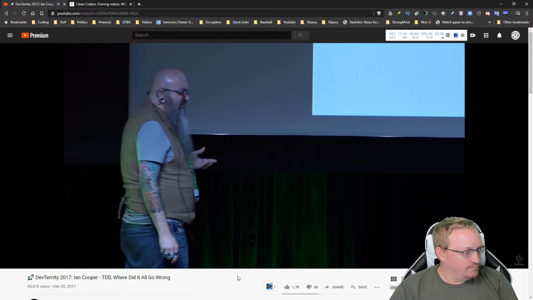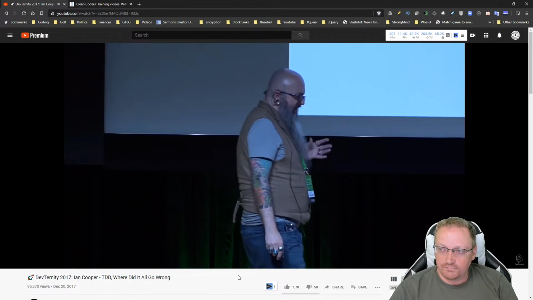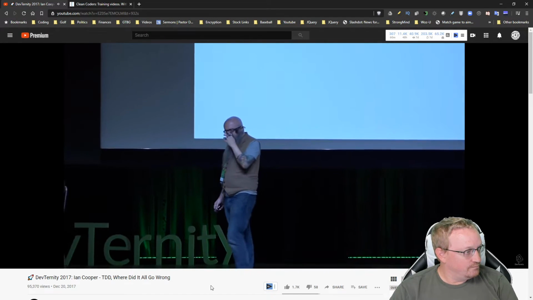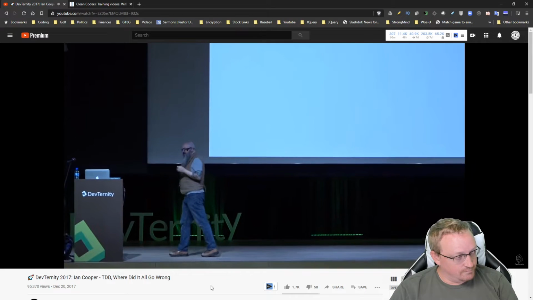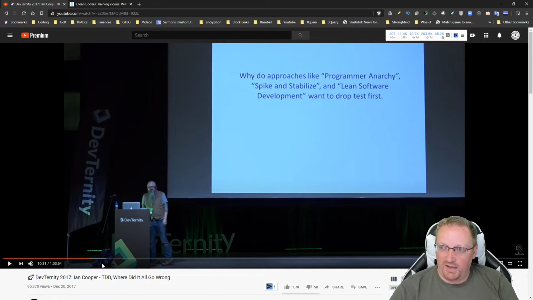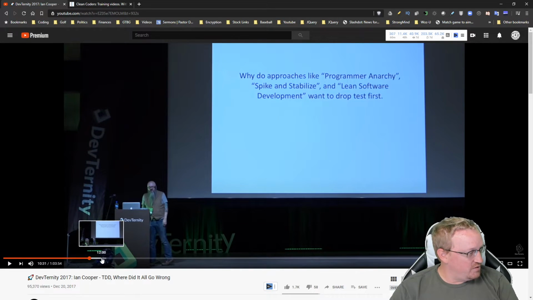The other thing we began to notice was, I guess it's about 2009, 2010, a whole lot of methodologies began to emerge that explicitly said don't do test-driven development. I'm going to skip ahead a little bit here because he gets kind of a little verbose. I'm going to jump to